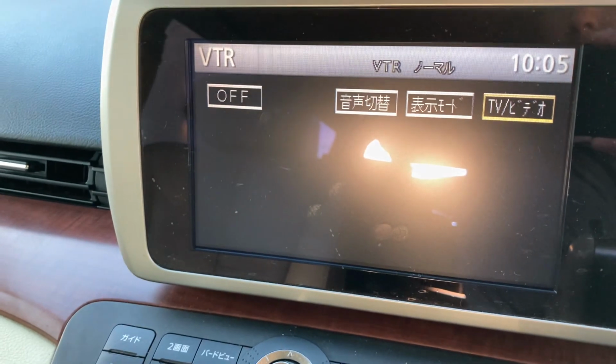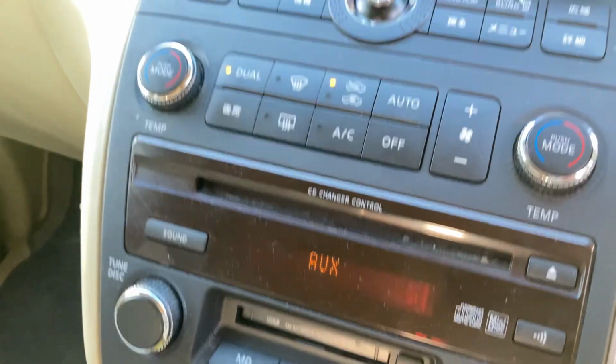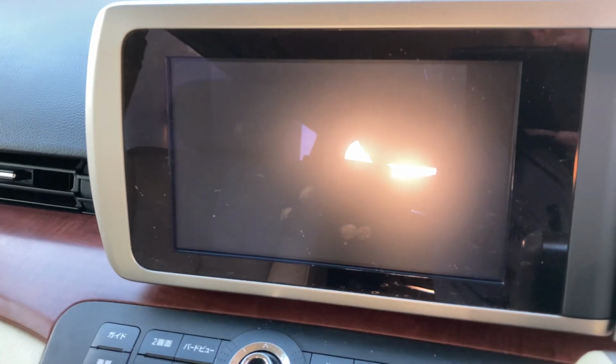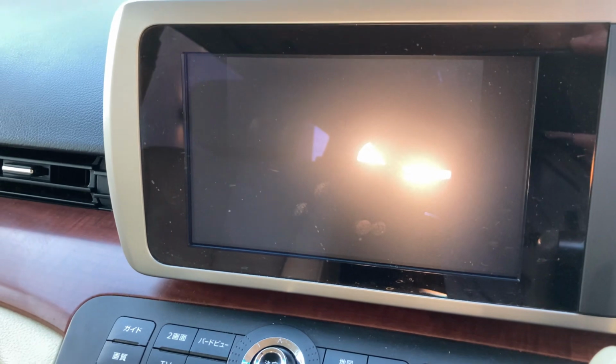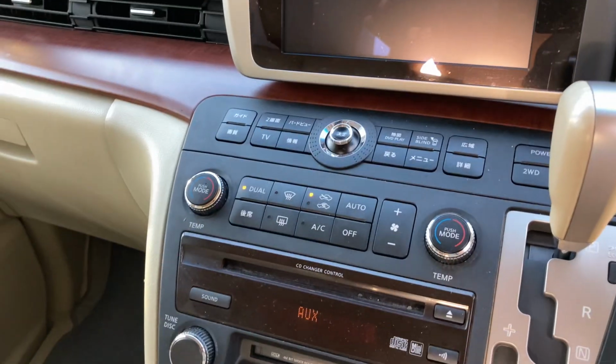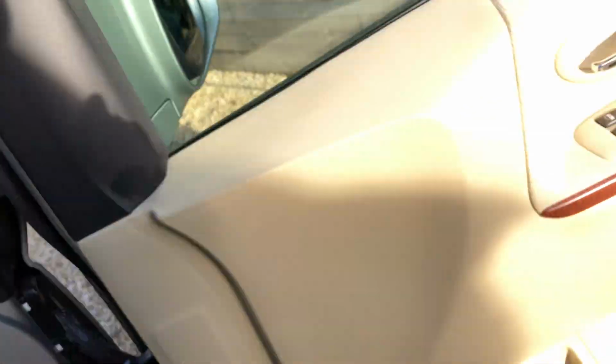So the cool thing is that it seems to remember that setting. As soon as I turn the car on, it just works, which is great. It's actually easier to use than some of the modern cars I've used, where you have to fiddle about and try and get it to pair, or switch to the Bluetooth mode. So that's a line-in connection that's working, and I think the next step would be